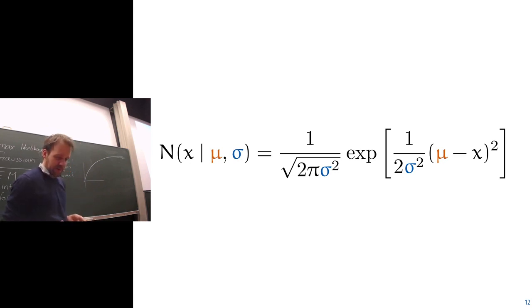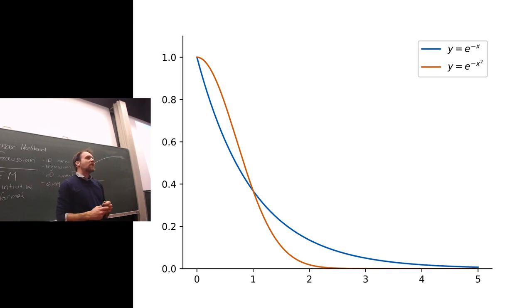So let's start with the fundamental requirement that we want from this normal distribution, which is that it has this definite scale. And in order to give something a definite scale, we want the tails of the distribution at the very least to decay exponentially, which means that if you take a fixed step, the probability is multiplied by something smaller than 1. So if you take something like the blue line here, e to the power of x, well, I can't do it for e in my head, but let's say we take 2 to the power of